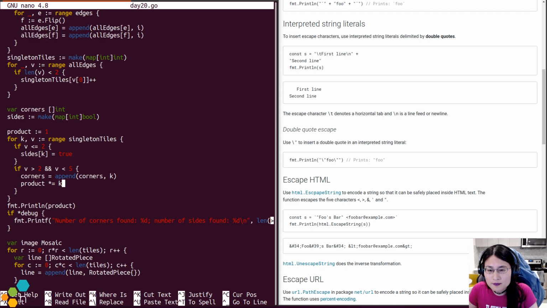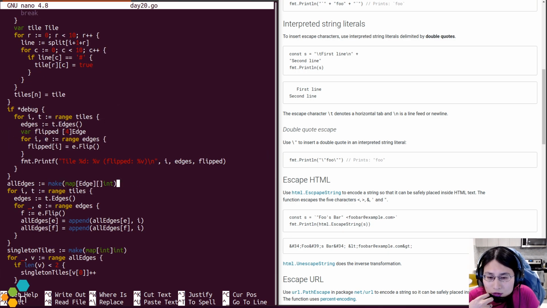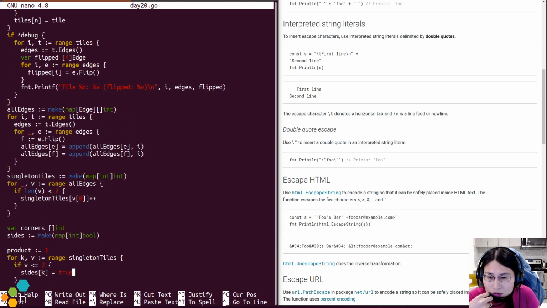Okay. So all edges needs to not just say what all the edges are, it needs to also say how I rotated or flipped that piece to get that result.